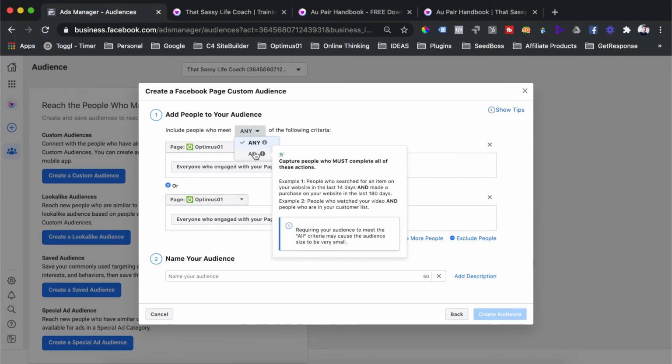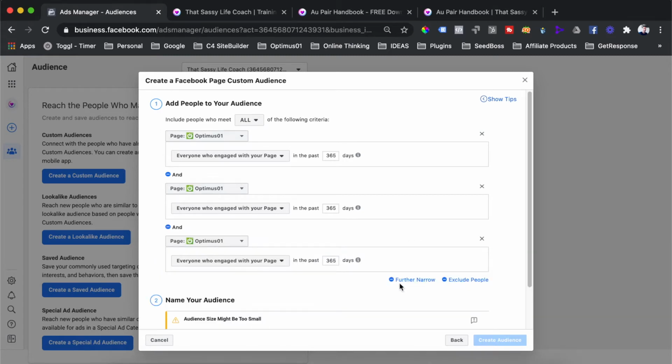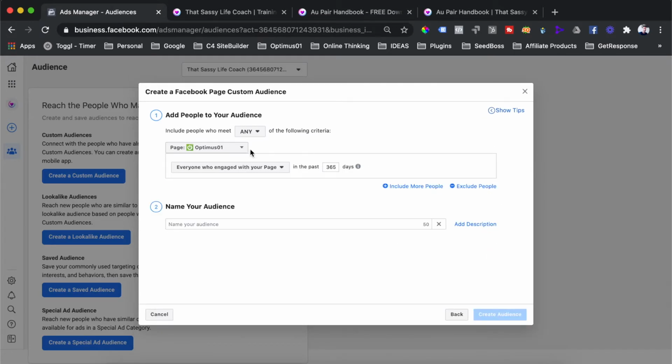And if we then change that to all, we are telling Facebook that we want to generate an audience of users who match both of these criteria here. You can even further narrow this down by adding more and more criteria, but we're not going to look into that today. We are going to be creating some basic custom audiences by just using the meet any of the following criteria option. Then we are going to come to this drop down here,